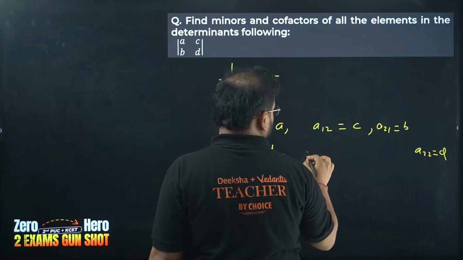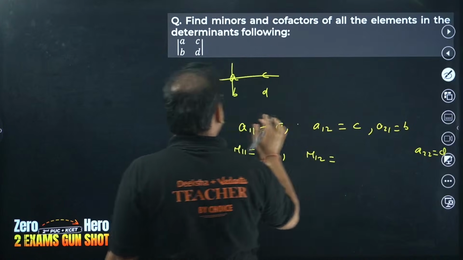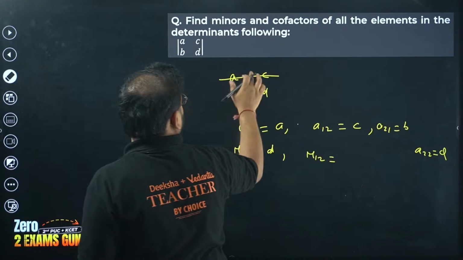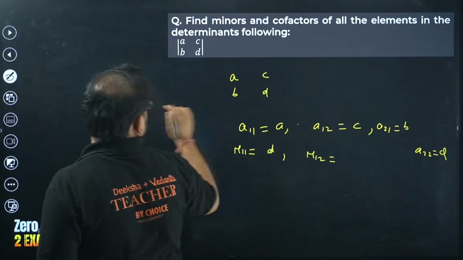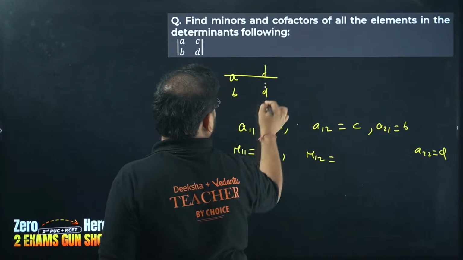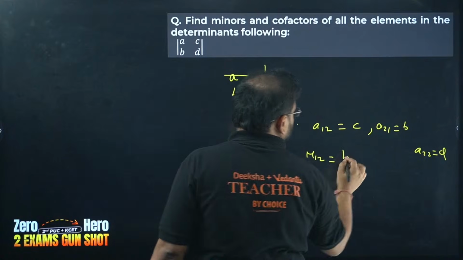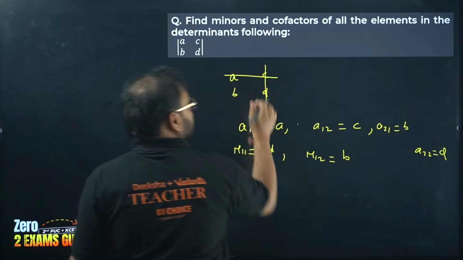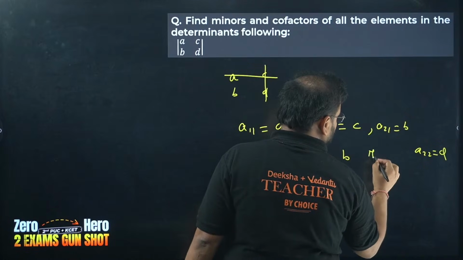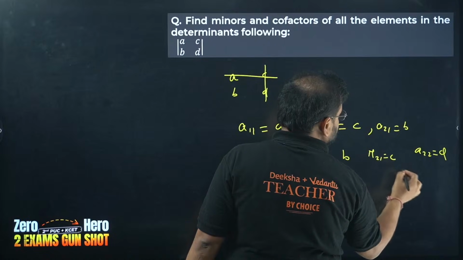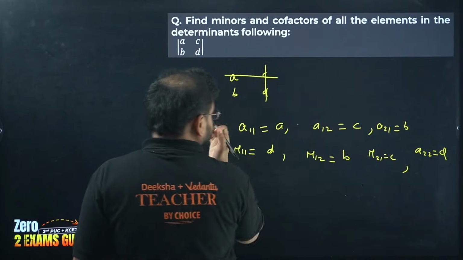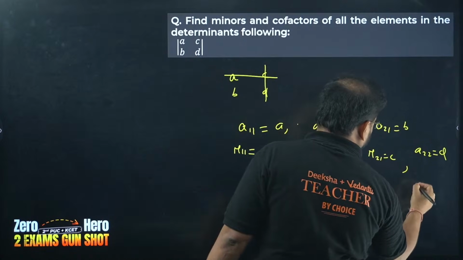Here also, M12, you check now. In this case, you're going to remove what? That particular element's address. So A12 is C; remove this, and we'll get the minor as B. So basically, whichever element you're talking about, take the opposite element. So for B you'll have C. So M21 will be C, and for this you'll have A,